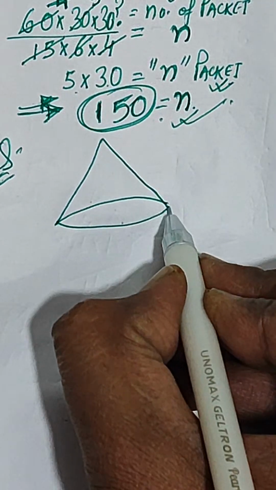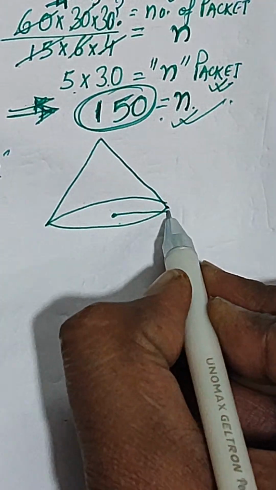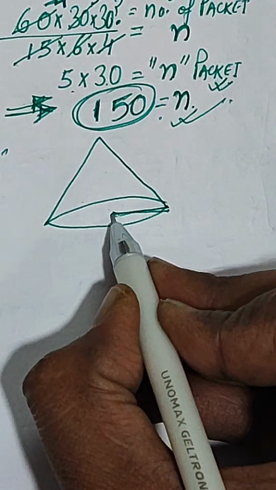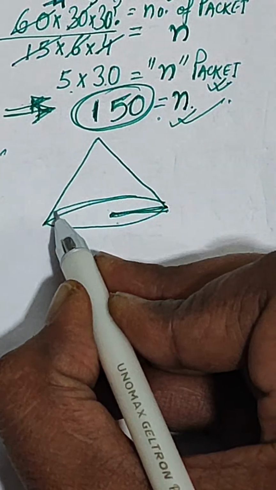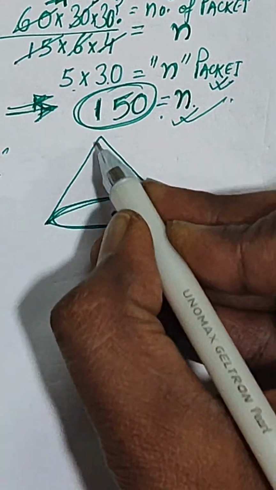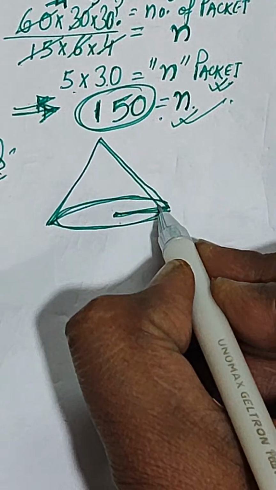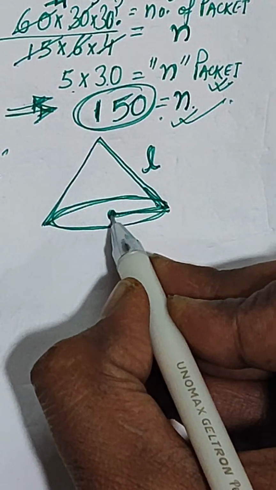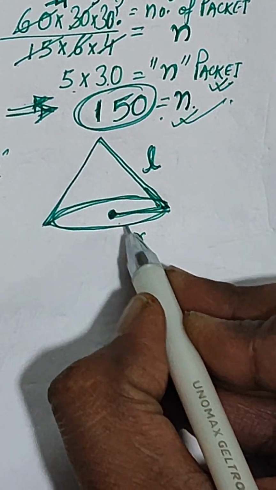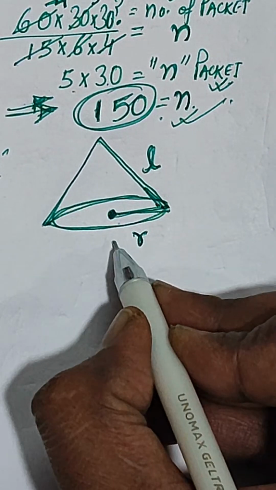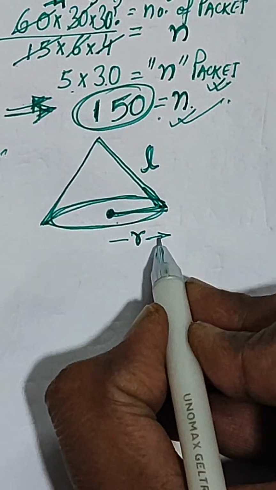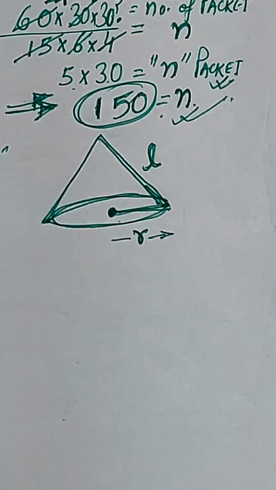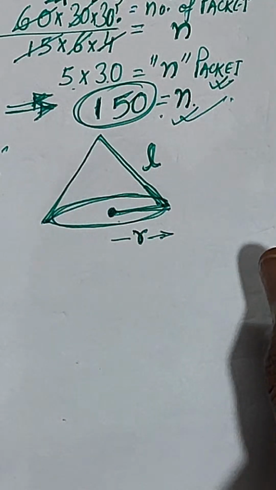The base is a circle, and you can see it like a canopy. This is the slanting height L, and considering the center, this will be the radius, right? Now the question is that